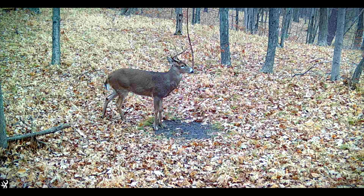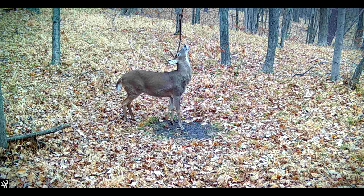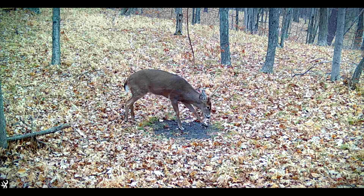But even on those lower probability days, that warmer weather, if your buck is done breeding the doe that he's with, there's a good chance that he's still going to get up and start looking for the next one. And you just want to make sure that you're out there because he could walk by searching. And that's going to lead in perfectly to the next rut hunting tip, and that's on those higher probability days,